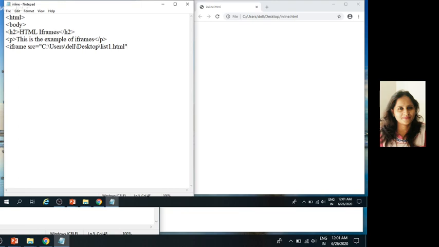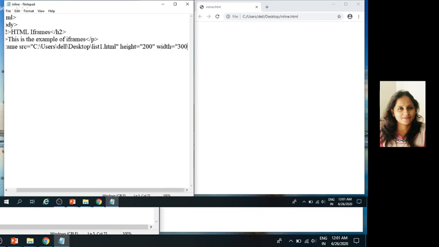Then here we define frame height and width. Height is equal to 200 and width is equal to 300. Closing of iframe and closing of body tag and closing of HTML tag.